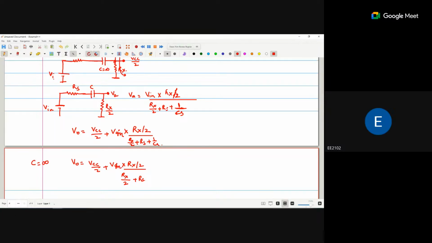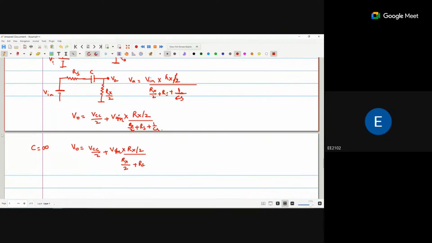Okay, so now what we require is that the input voltage Vin that we apply here, the maximum voltage we want will be VA. We require the input voltage that we apply, the maximum voltage we are getting as VA. So that means this term should be equal to VA,